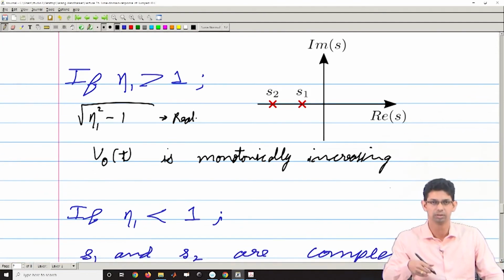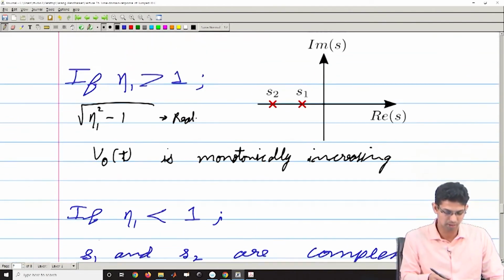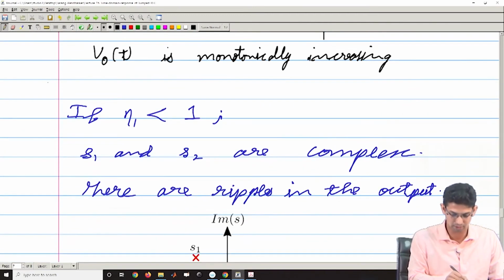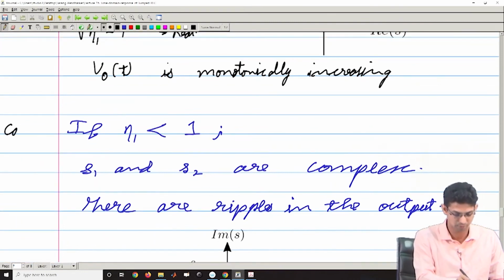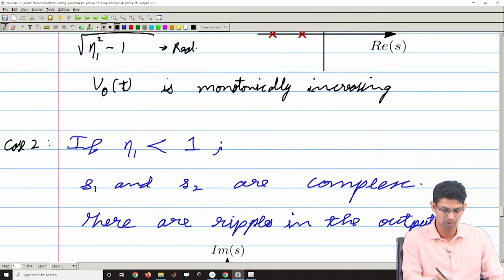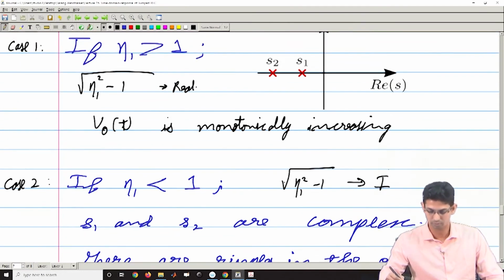You will see the curves soon. Then there is another case. In the second case, your eta is less than 1. In that case, your eta square minus 1 becomes imaginary,